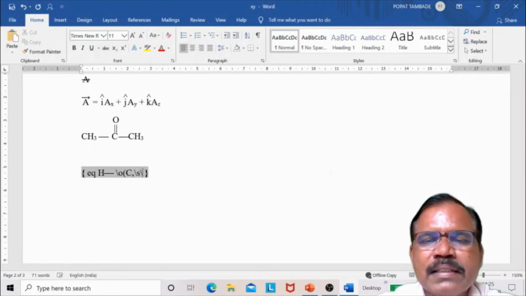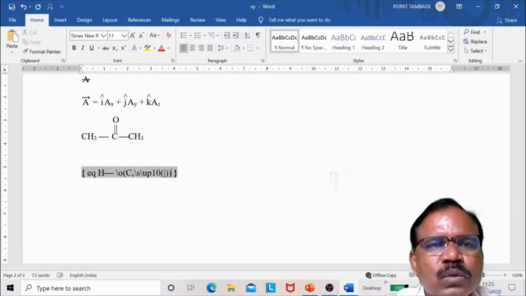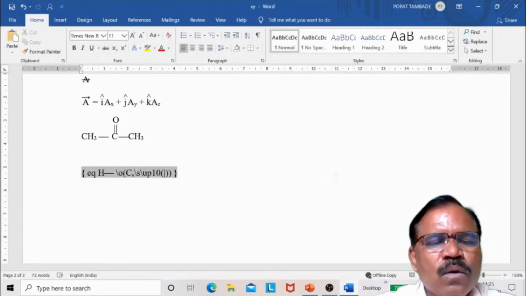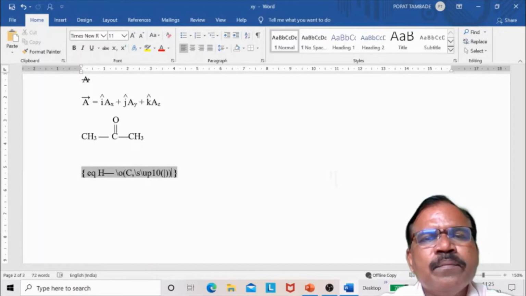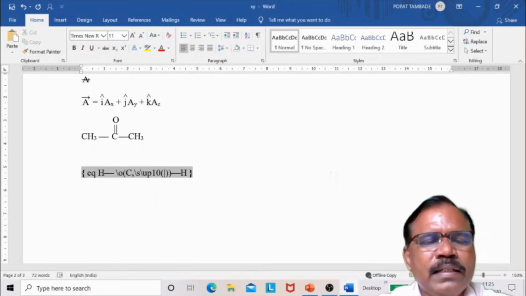Backslash S backslash up. I can take 10 points, and I will give here a vertical line, and the bracket is completed. So two opening brackets and two closing brackets. One is for backslash O, another is for backslash S. And now Control, I can take the bond again, and then I will get here H.